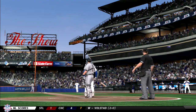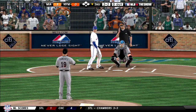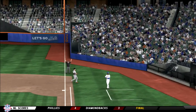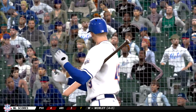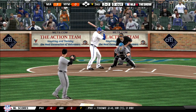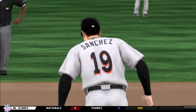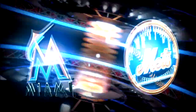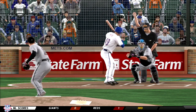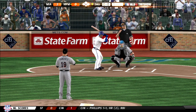Swing and a line drive, but that's a foul ball. And the fastball here is hit on the ground, but foul. Another 2-2 offering. Fastball called, strike 3, and there's the first out of the inning. Yeah, and even though that'll go in the books as just a strikeout, it was an expensive one in terms of pitches. And that's what you love to see, your pitcher really battling him up there. So 1 man gone for the Mets in the 3rd, and it's back to the top of the order now